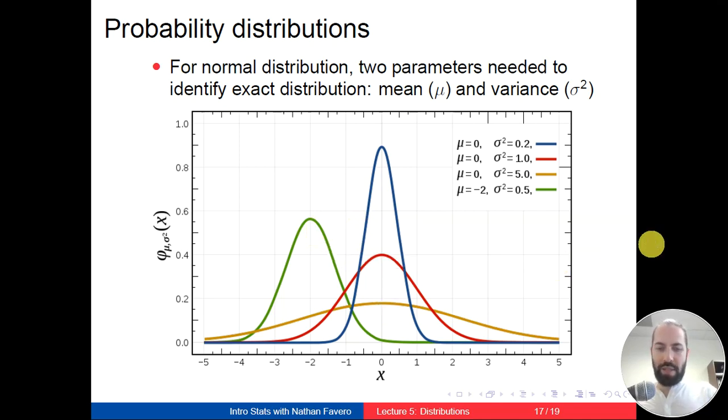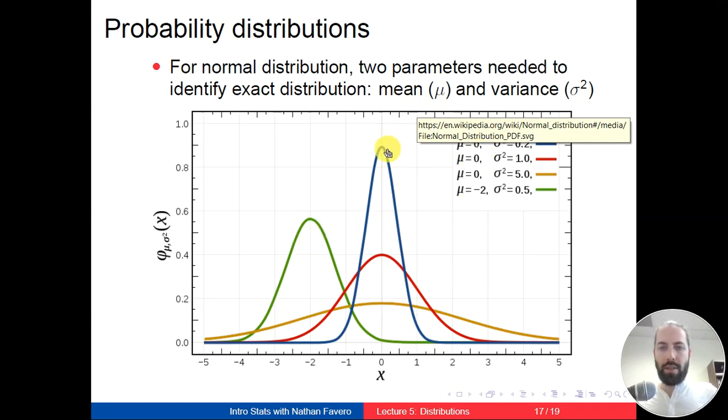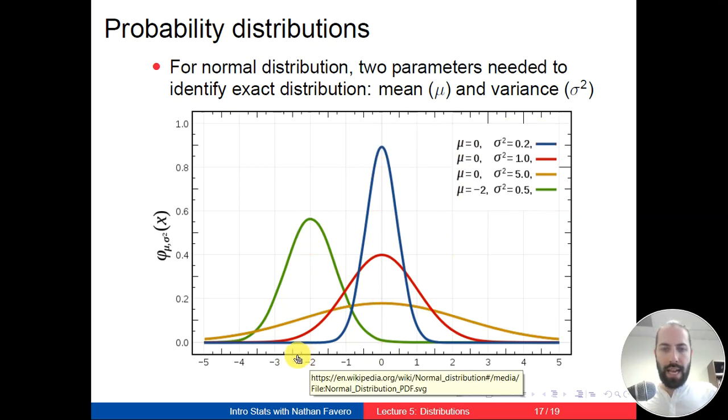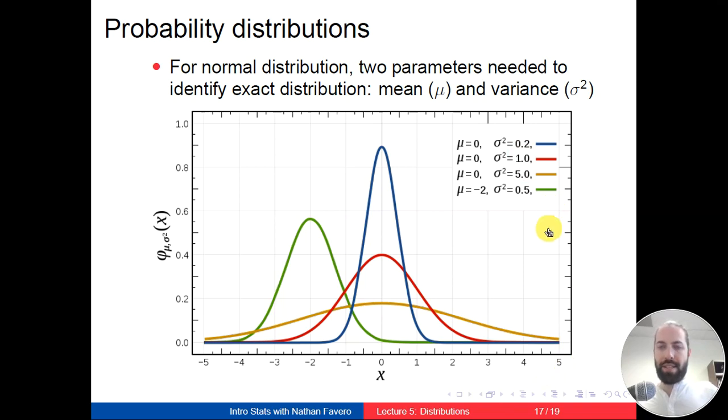And there are many more normal distributions, an infinite number of normal distributions that we could identify because there's a different normal distribution for every possible real number there is, because the normal distribution can take on any mean and it can take on any positive variance. So if we can name a number and plug it in as the mean, then we can identify a new normal distribution, right? So here we just have two examples of different means that the normal distribution could take on. We can have normal distributions with a mean of 0 or with a mean of -2. But of course, we could have plotted one for +2, for 3, for 4, for 4.5, etc.